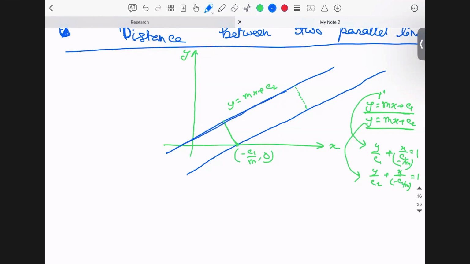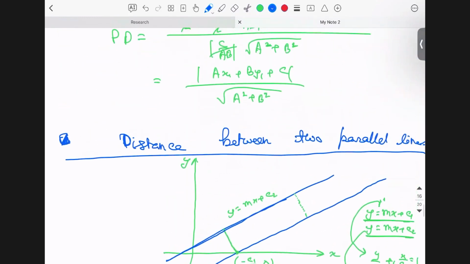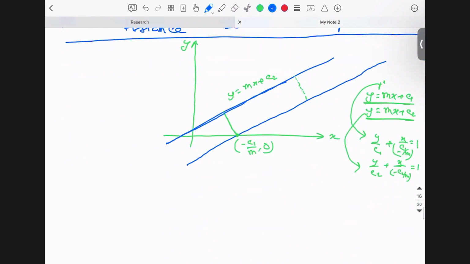Now this line will give us the distance between these two parallel lines. So what will be this? If I use the previous formula we have formulated here, then the distance will be, like the red one, this distance will be